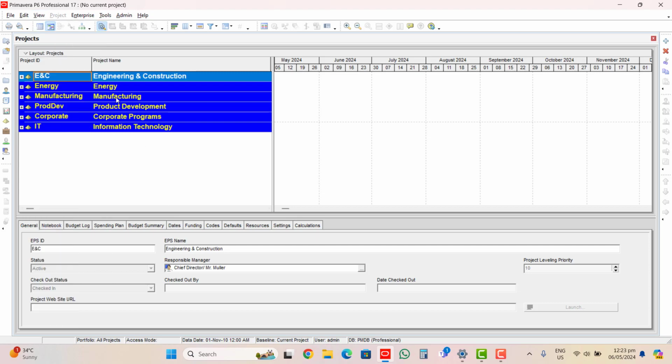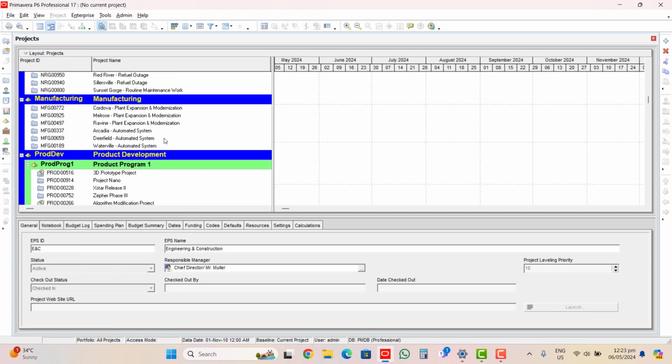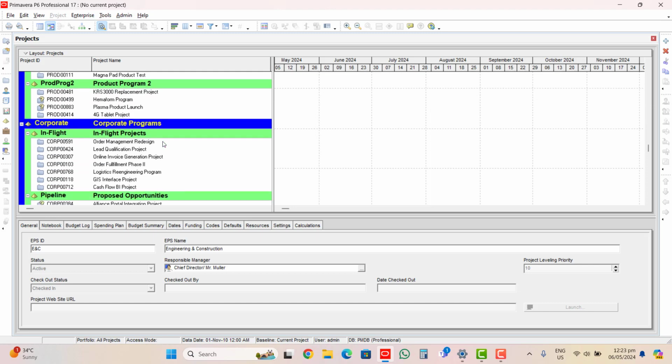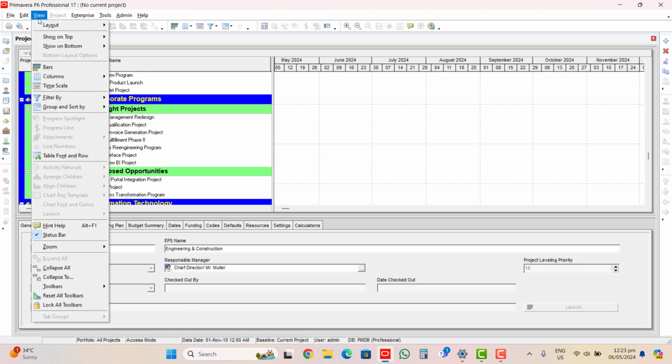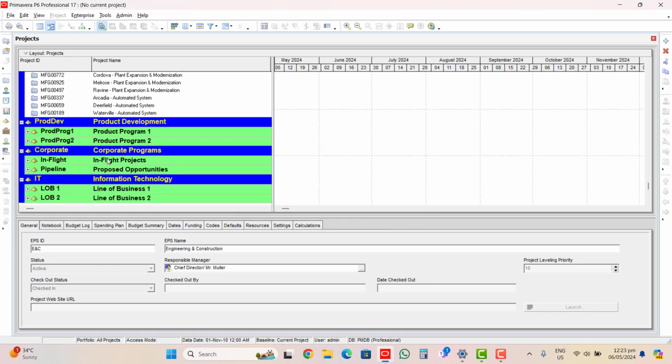That's why it looks like this. But if we click the expand all, it will be just like this. And if we click the collapse to, there are some options here. Level 1, level 2. All the level 2 EPS will be closed.